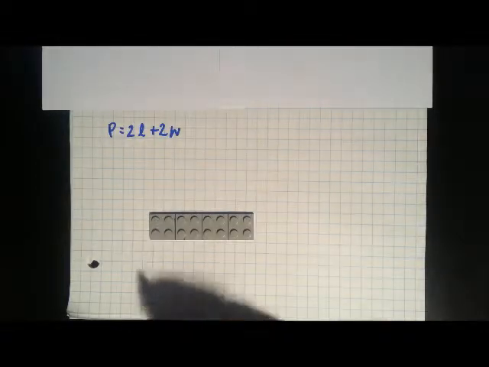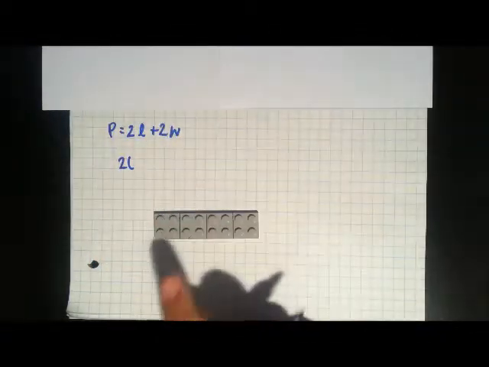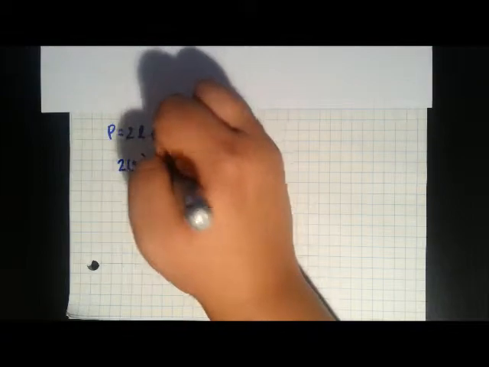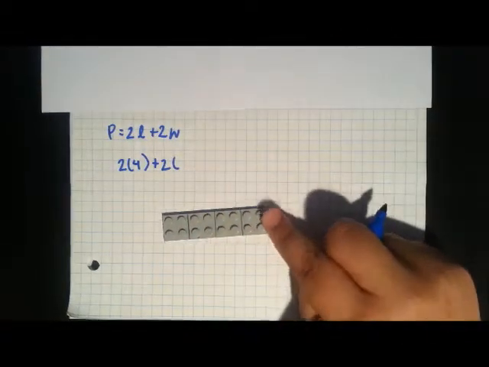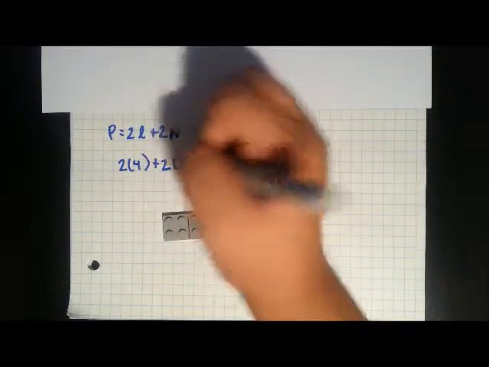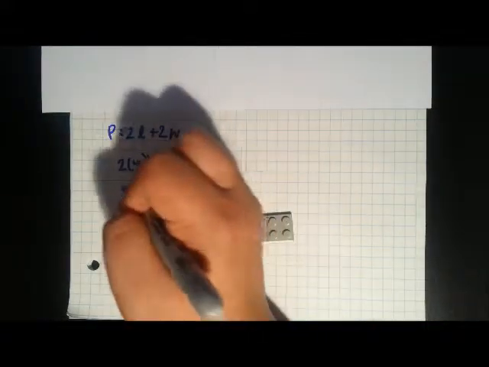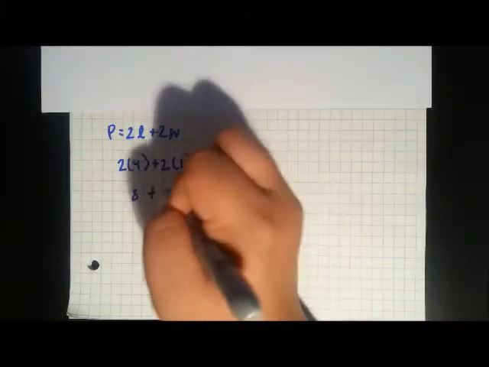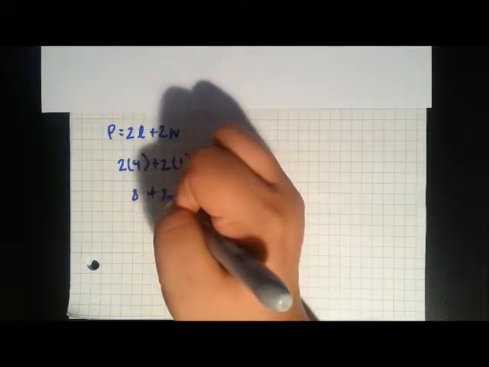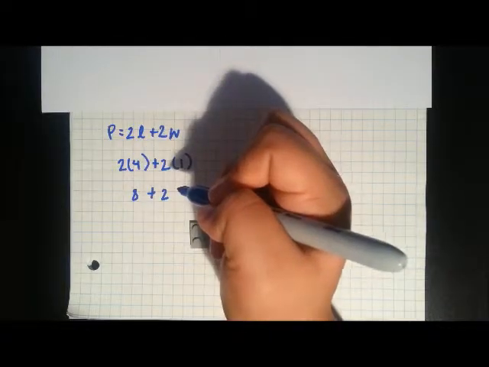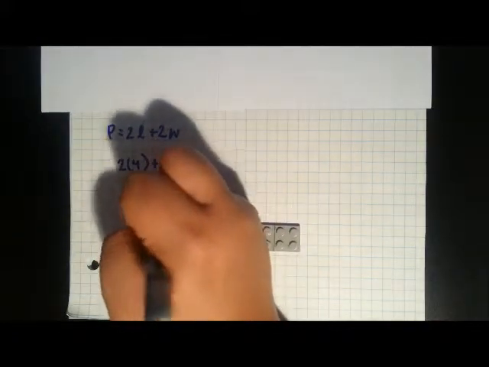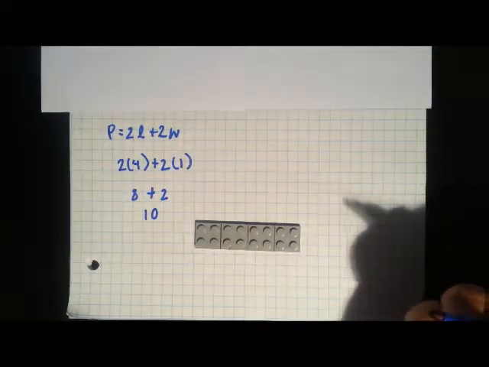So the length, you would do 2 times, the length is 1, 2, 3, 4, plus 2 times the width. The width is only 1. So 2 times 4 is 8, plus 2 times 1 is 2. And then you would add them up. So 8 plus 2 is 10. And that is the perimeter of this